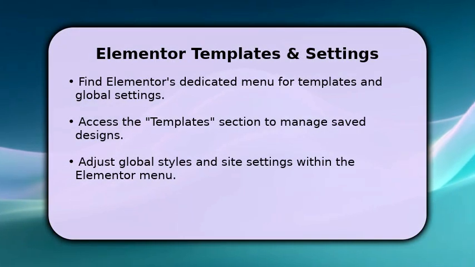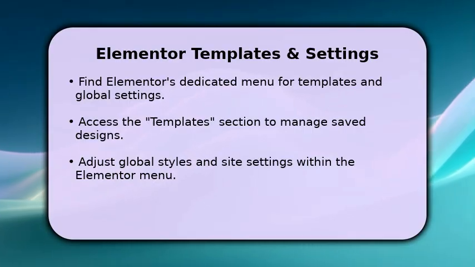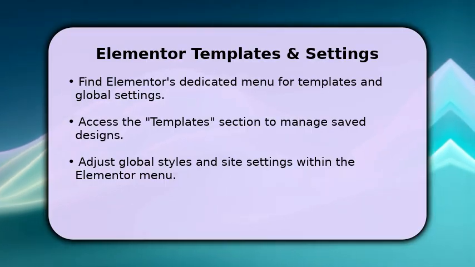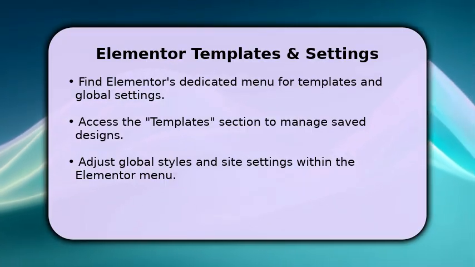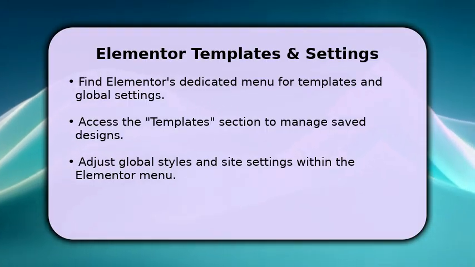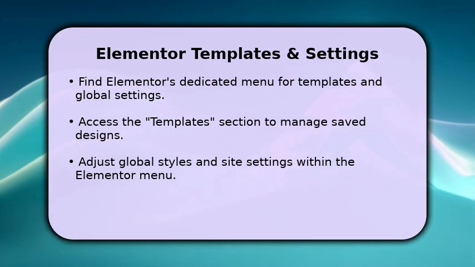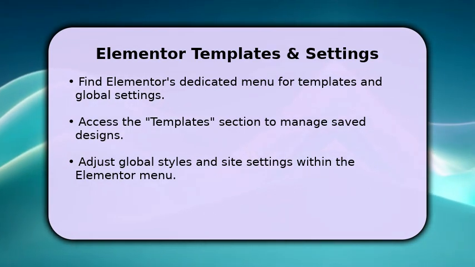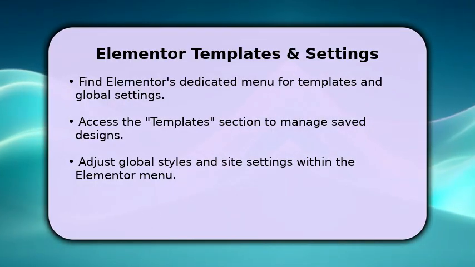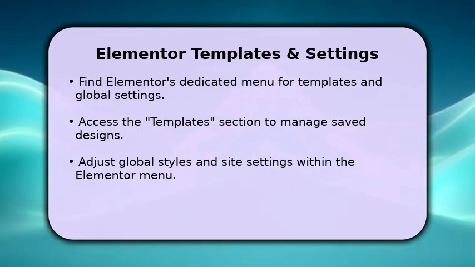Beyond individual pages and posts, Elementor has its own dedicated sections for managing templates and global settings. You can find these by looking for the Elementor menu item directly in your WordPress dashboard. Here, you can access your saved templates, which are reusable designs, and adjust global styles for your entire site. This central hub gives you comprehensive control over your website's appearance and